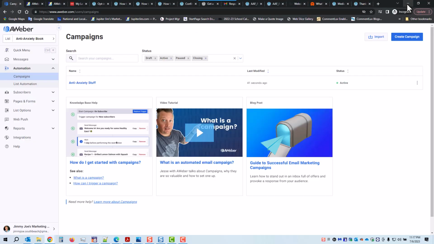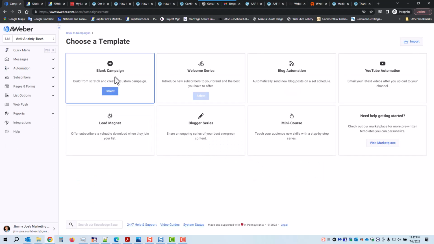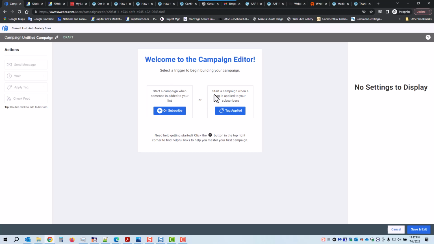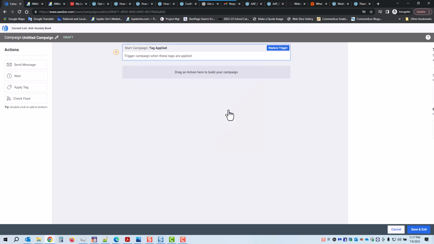So one last step before we're done, we're going to create a new campaign, right? Select. And this campaign is going to start a campaign when a tag is applied to your subscribers. What is the tag? Apply the tag. Okay, to start a campaign when a tag is applied to your subscribers, start the campaign if any of these tags are applied to a subscriber. Okay, completed